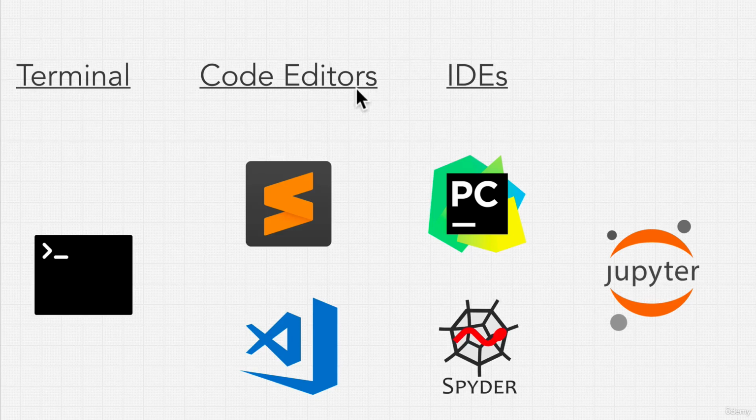But what is a code editor and an IDE, and what's the difference? We're actually going to show you how each of these work, but a simple rule is that code editors are lightweight. They give you some really nice features like auto-completion, linting, which we're going to talk about, while IDEs are full-fledged environments. That is, they provide a ton of extra stuff in order for us to just write really good code. Because of that, they tend to be bigger.